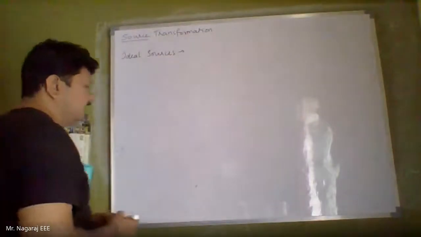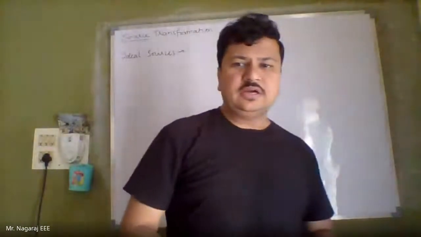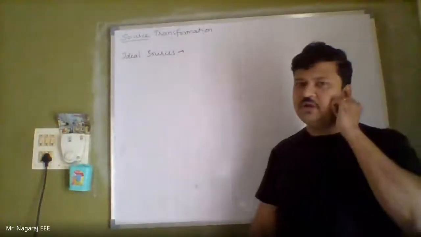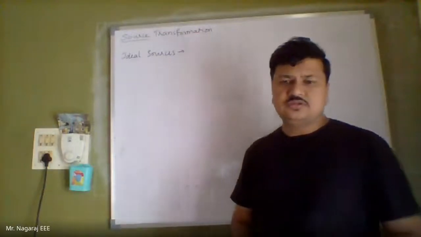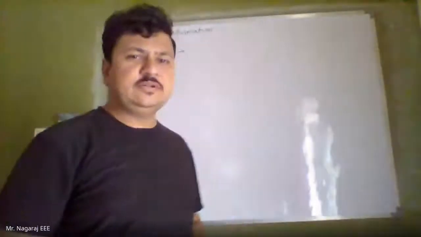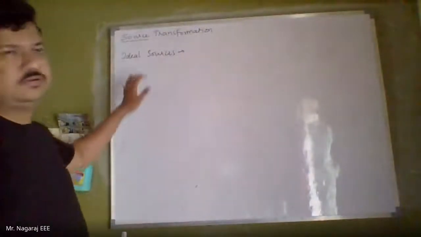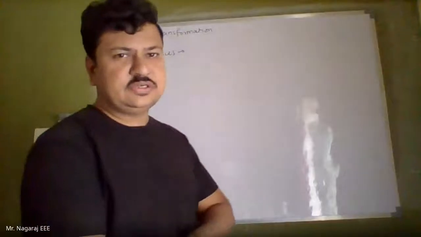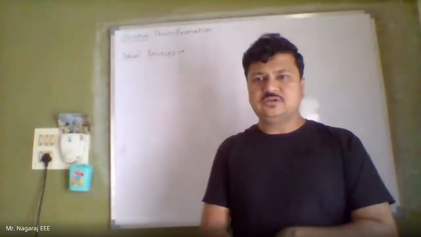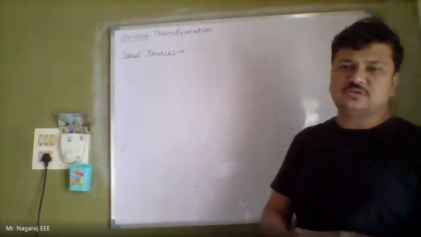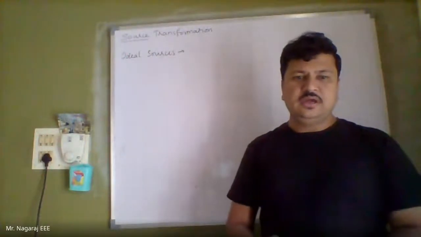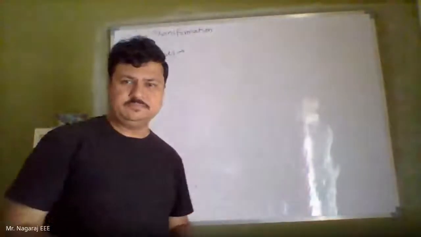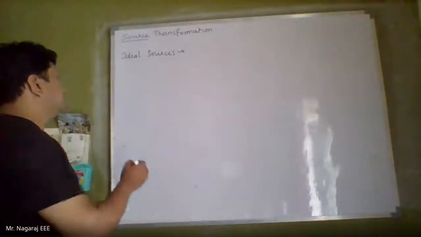In ideal sources, we don't have any internal resistance. So we do not do any source transformation in ideal sources, because in ideal sources, the value of the source is constant, and that source will deliver that particular quantity. But in practical sources,